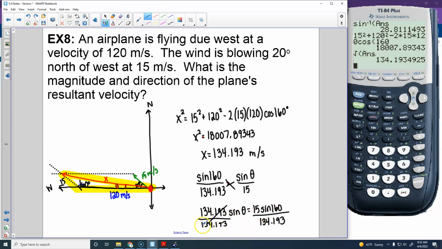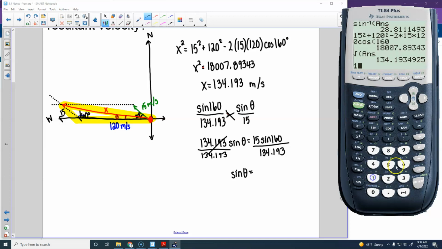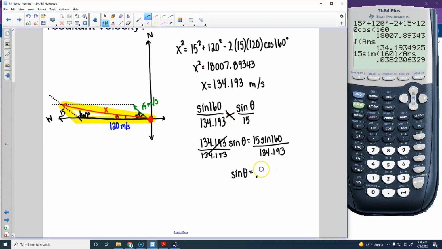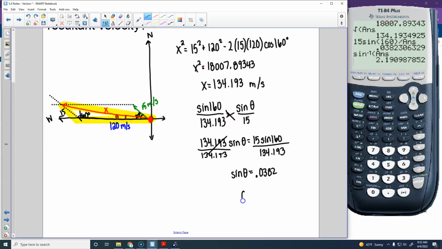And so we will get sine of theta equals 0.0382, and then we will do inverse sine of that answer to get 2.191